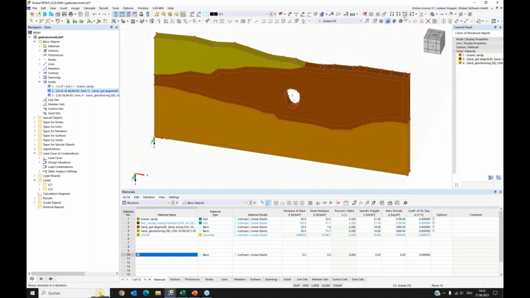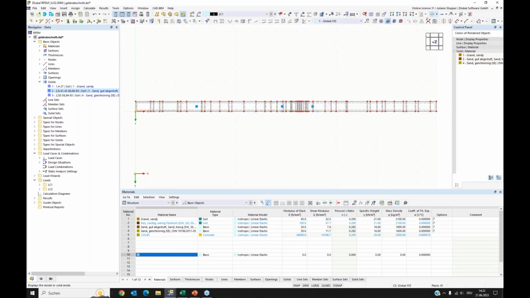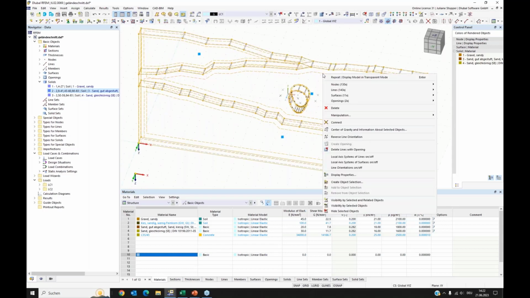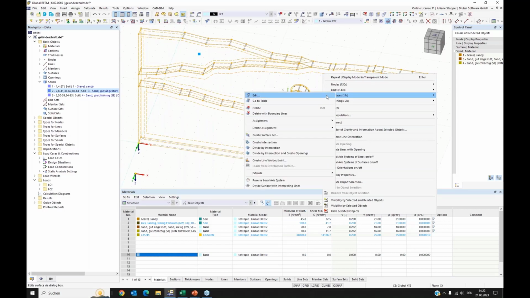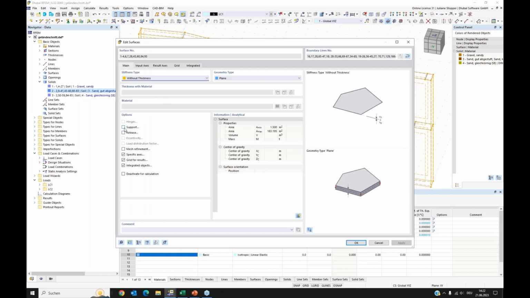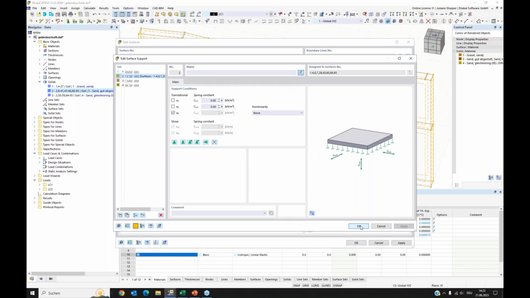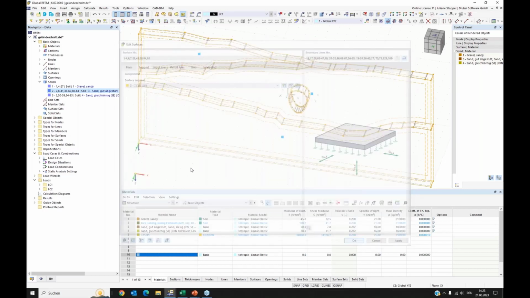What I want to go on with is the boundary conditions. I go to the transparent view and I select my boundary surfaces. With Control pressed on, I can select all of them. Okay, and now we can do a right click here and edit my surfaces and go to the options and activate the support for these surfaces. I have here some surface supports that I can use. I will use this one, but we can have a look inside also. Here we can see that the Z direction of the local axis is supported, and we can see it in